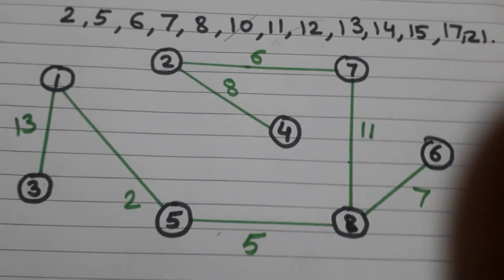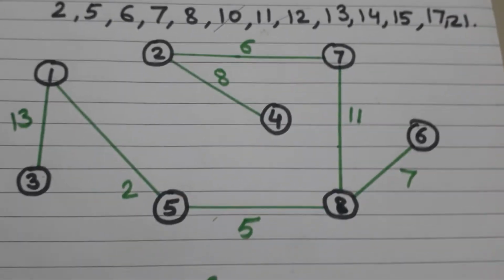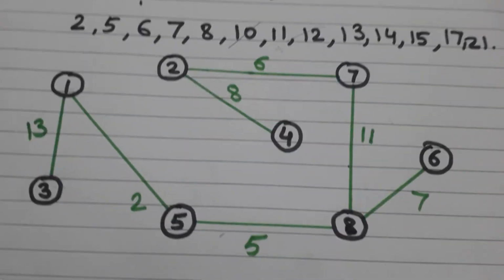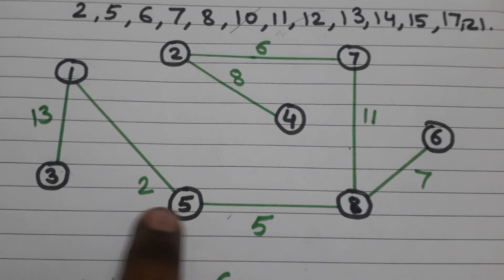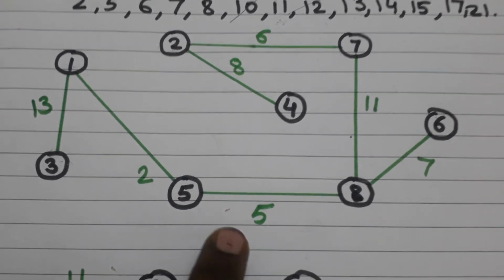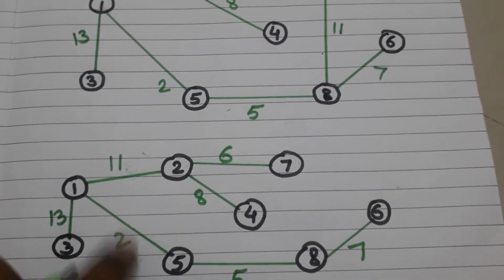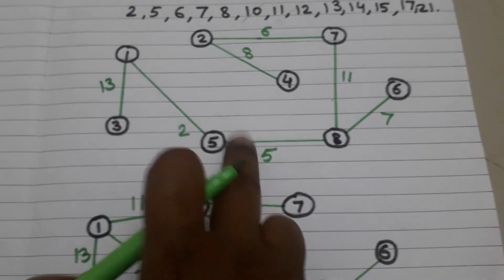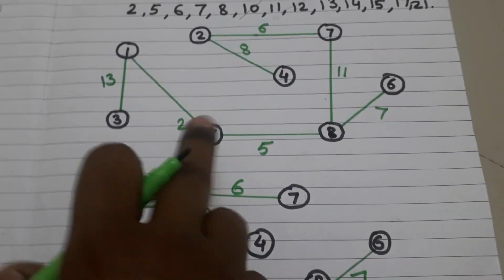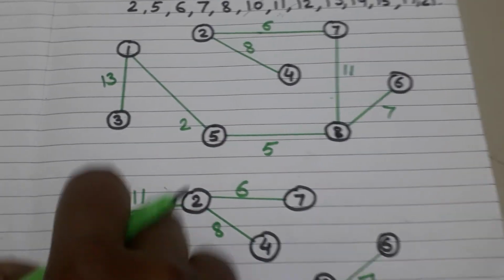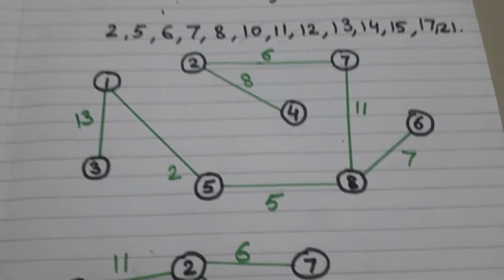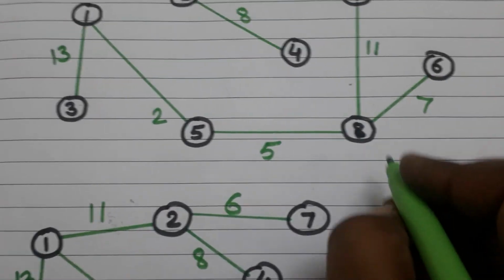Now in this way, we add all the vertices here. So therefore, this will be a spanning tree, or some may have this as a spanning tree. So these two are the spanning trees, and these two spanning trees will have the same cost. So therefore if we check, it's a minimum cost spanning tree.